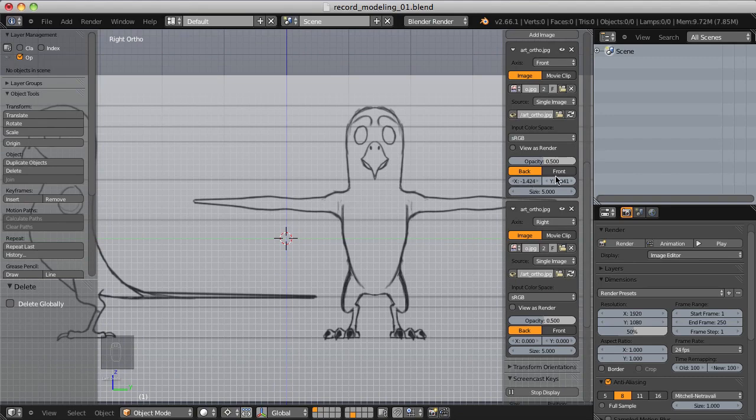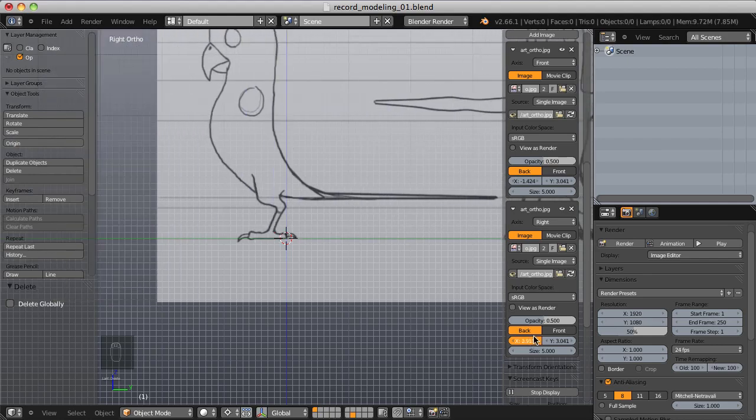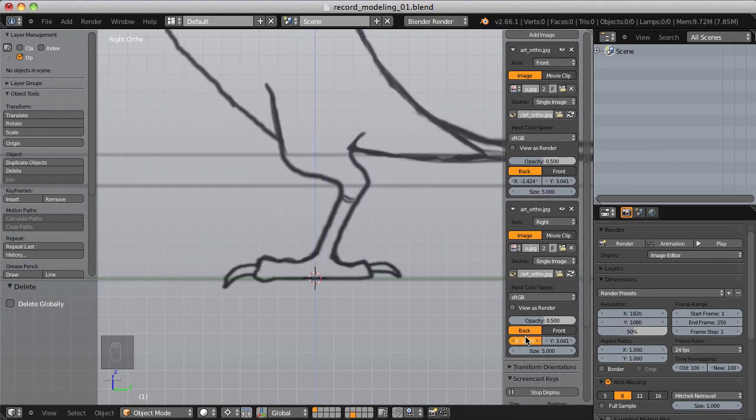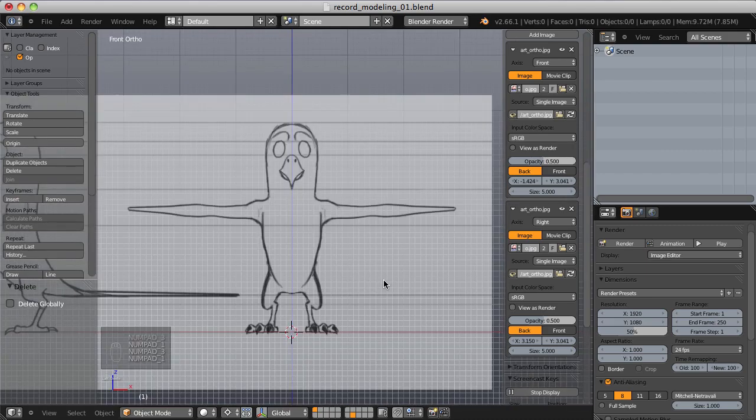So I'm going to go over here to our first image, hover over the Y value and hit Control C to copy that value. And then in the second background image, hovering over that Y value, I'll hit Control V, and we will see that it pops up to exactly the same Y value as the other image. And then I'll have to manually slide the X value to kind of line up. I want my blue line, which is the Z axis, to line up with the middle of the foot. There we go. That's going to be good. Now jumping back and forth, we can see our images lined up,